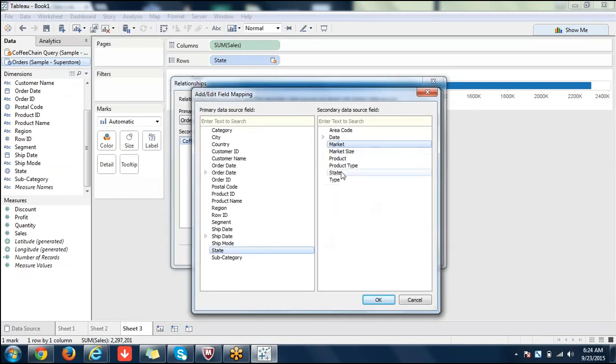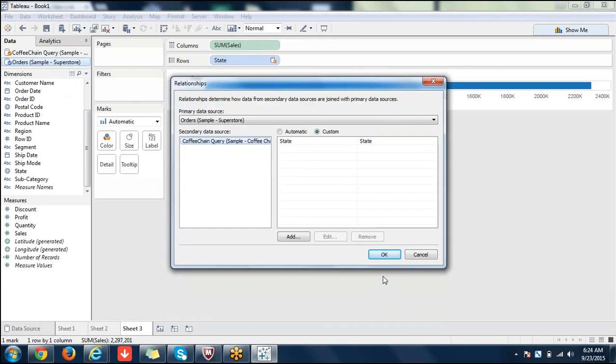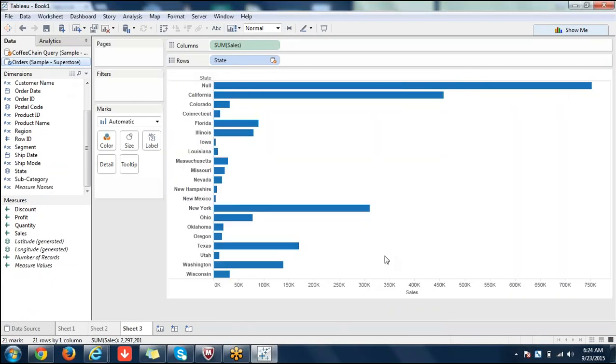I have one question over here. If we have primary table as orders, Superstore, and secondary is coffee chain, and since we are pulling states from the secondary source, we are seeing this null value. If we are getting the state out of the primary table, we won't see this null value, right?